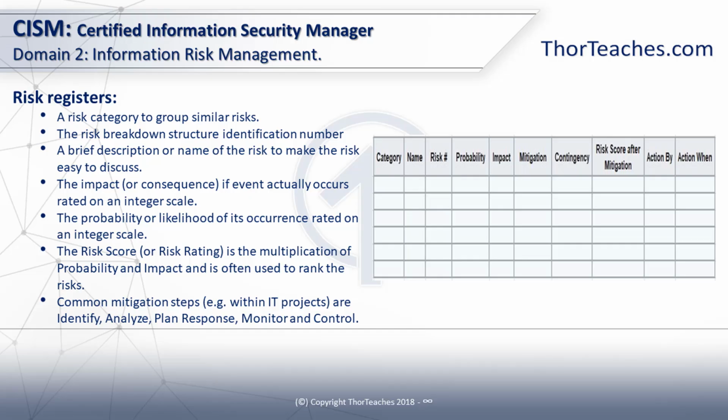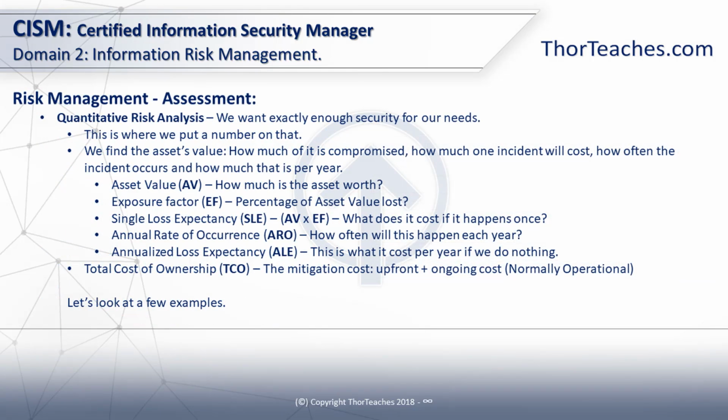So we enter all the risks we have into this giant Excel spreadsheet, and then we pick the ones that have the highest risk score and do something about those. But remember, if we do one mitigation, that might fix other problems, or it might open up new problems. So as with anything else we do, it is an iterative process. The cycle repeats. Just like when we do patches or any change in our environment, it might fix 10 things, but it could break one other. So we need to do that in-depth analysis that is the quantitative risk analysis.